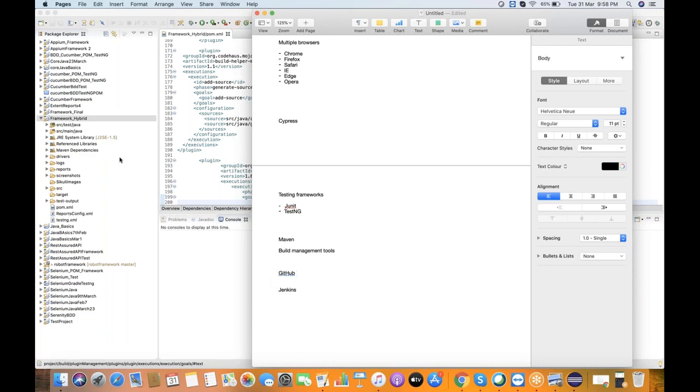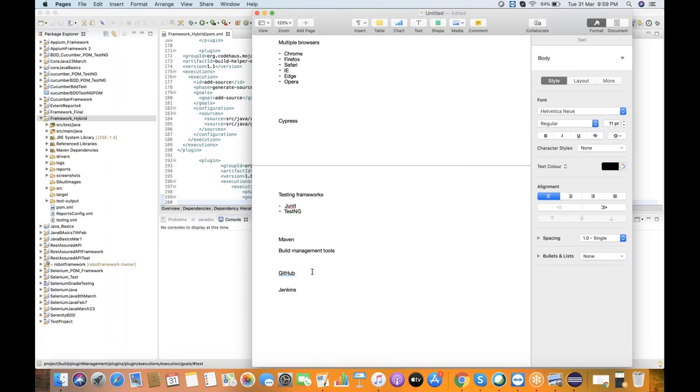Suppose 10 people are working in a project, and they developed 3 or 4 test cases individually. Then they want to combine all those test cases together and store them somewhere. Where exactly do they store? They store them in a GitHub repository.